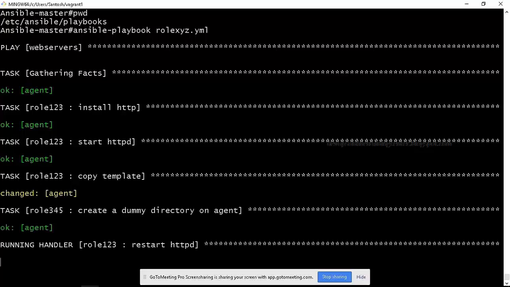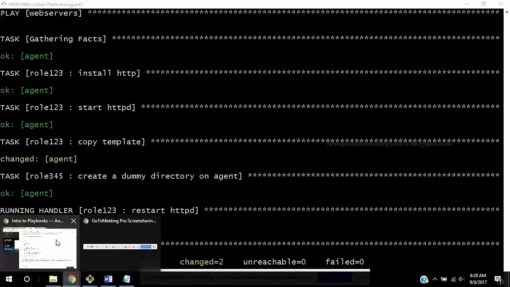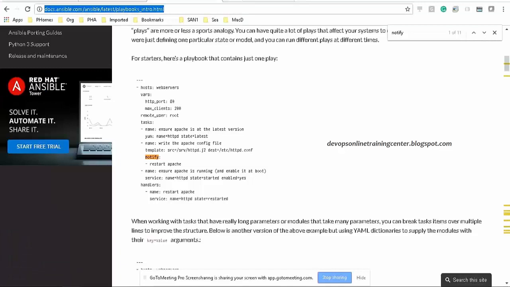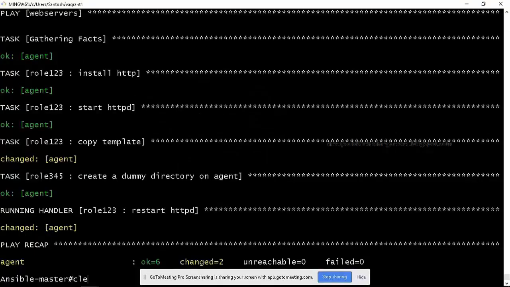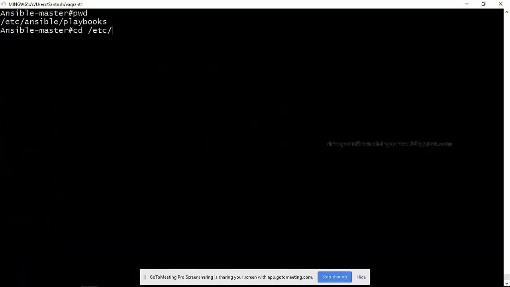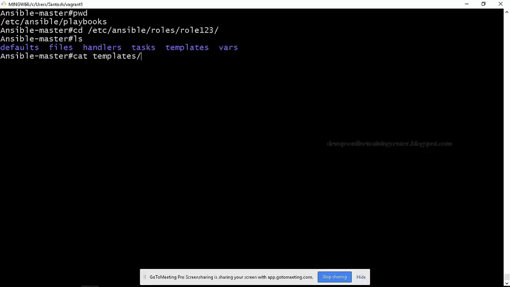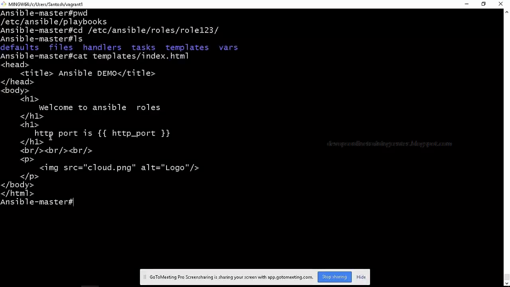Okay, something is modified on the template. So let us go to this and refresh, and what is it? So HTTP port is 1 1 1. Where was it copied from actually? If you go to /etc/ansible/roles/role123, in templates I just specified HTTP port is HTTP_port.